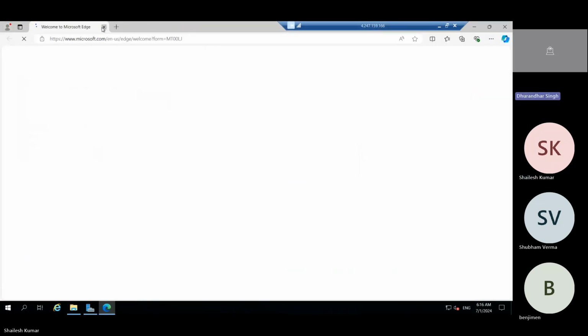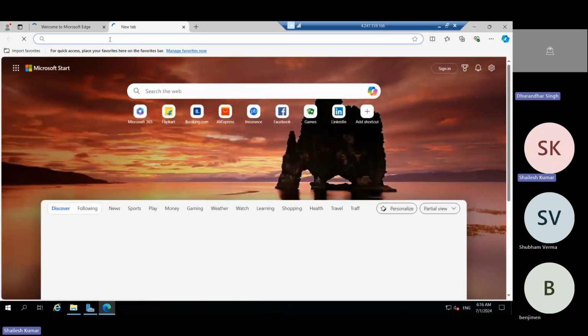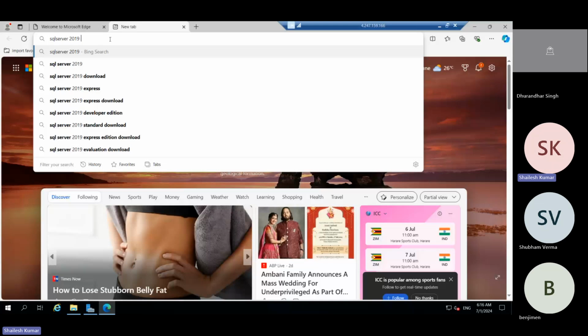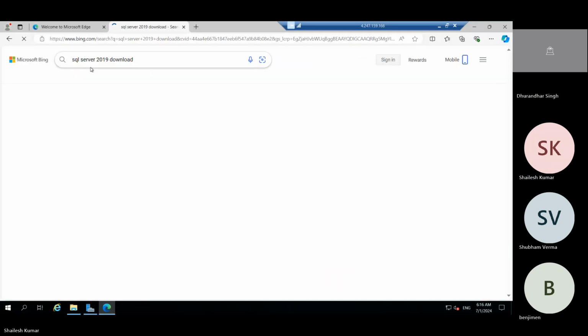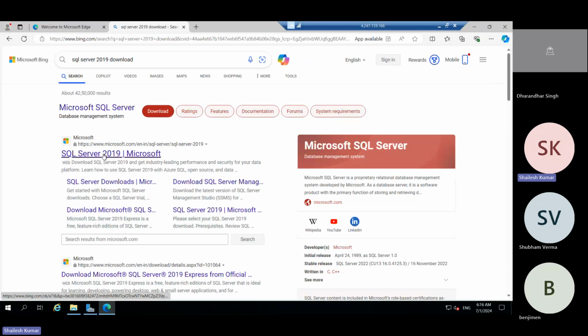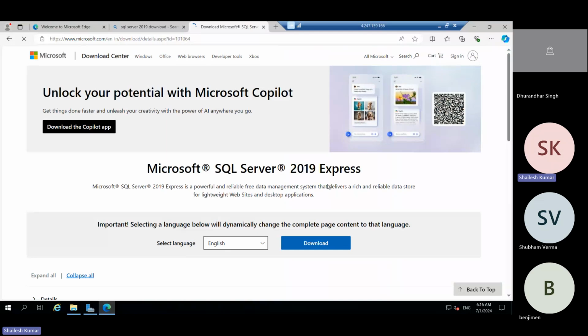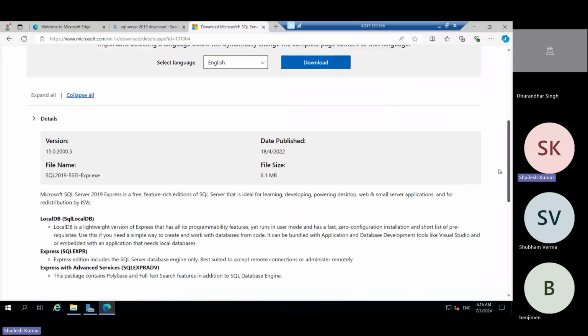So let's see SQL Server 2019. So now we are getting all that. It is about Express edition.